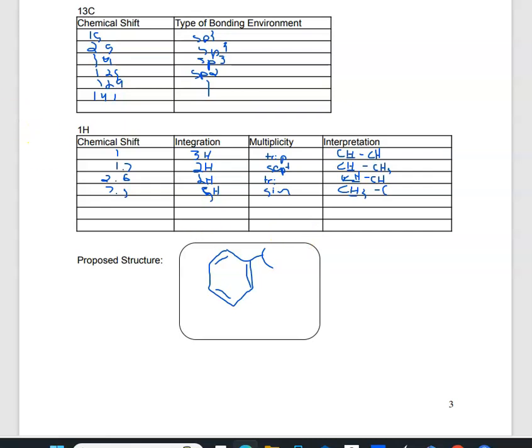So to check our work, the degrees of unsaturation indicate that we have a ring. When we're looking at the multiplicity and integration, so we're looking at 3, so the CHs that are